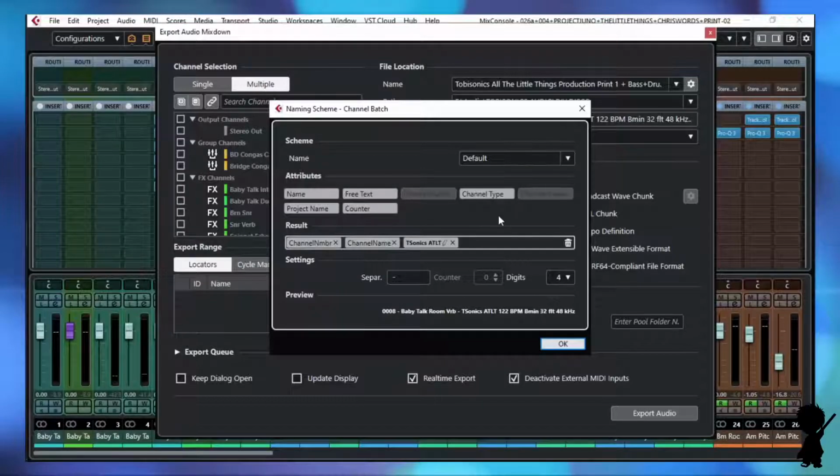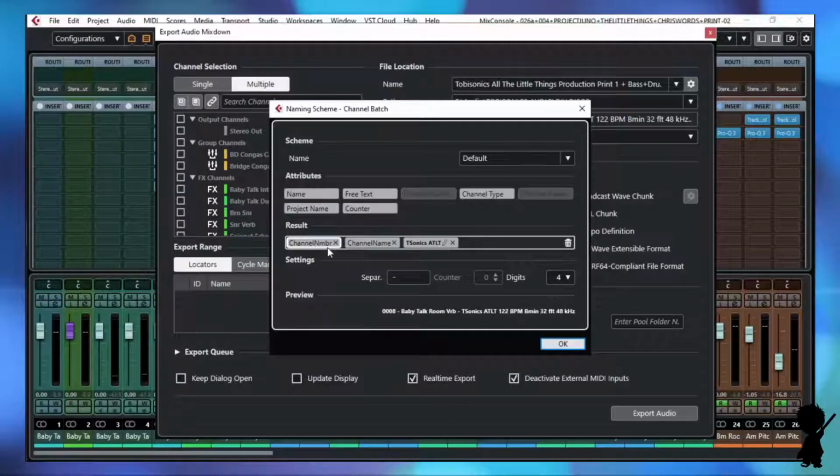And the first thing I like to do, here we go, is channel number. I like to start with that. Why do I do it that way? Well, because otherwise the multi-tracks are going to print out in alphabetical order, and that is not the order that I'm using them in the production, and it's not going to make a lot of sense for the mix engineer. They're going to have to spend time sorting out all the different tracks into an order that makes sense. If I use the channel number, that's going to make the multi-tracks print out in the order I have them